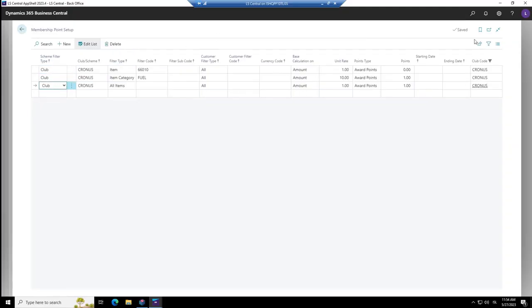And you noticed I put this full screen so we will see better about the information. We are now in Club Kronos, we only see rules for that club. And the last line is all items. We have a calculation rule, meaning that amount 1 will provide 1 point, 1 award point.